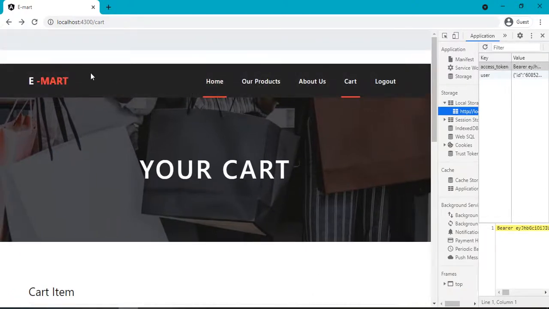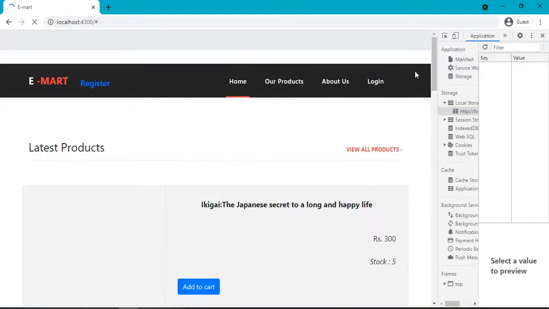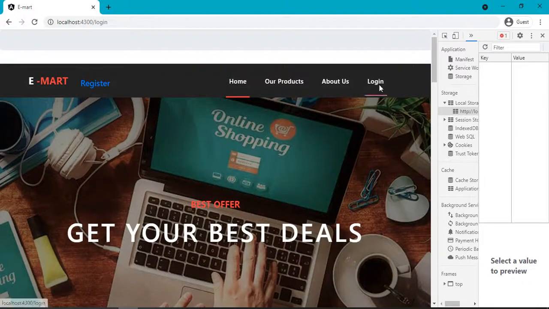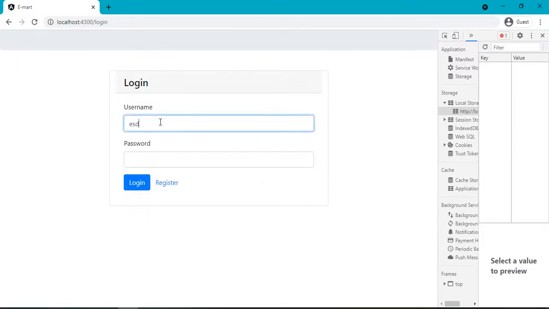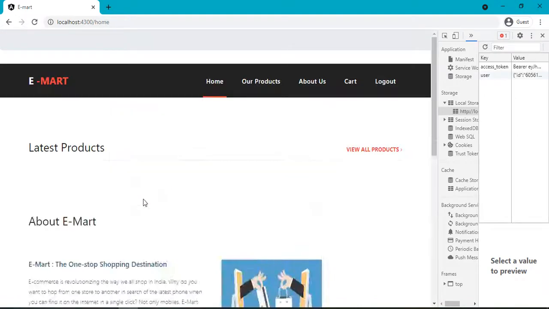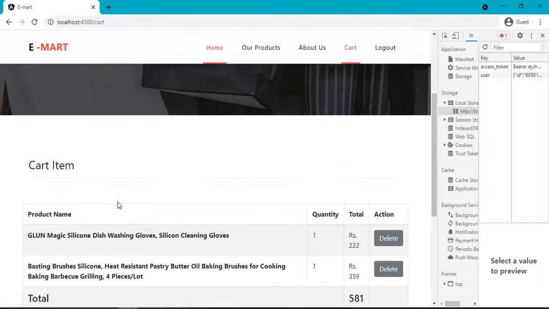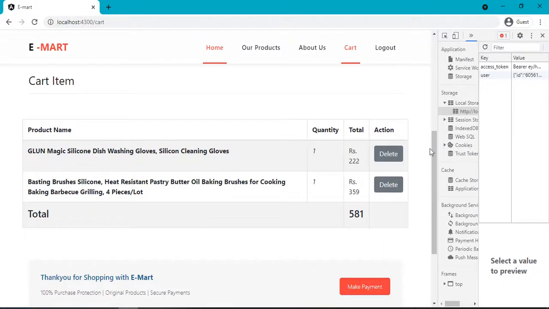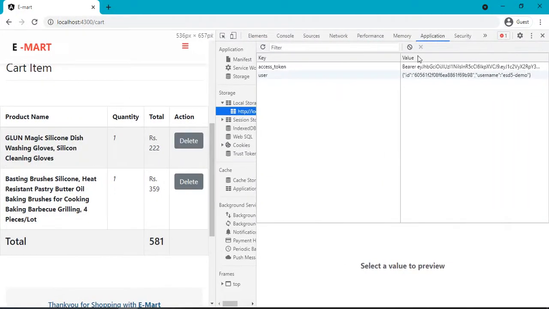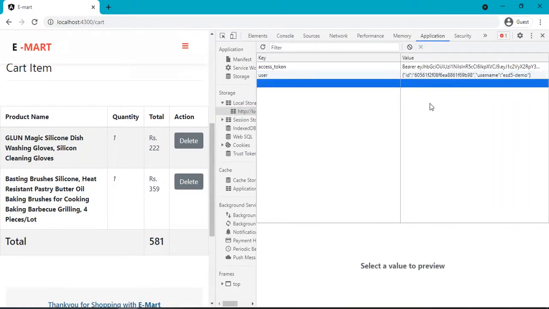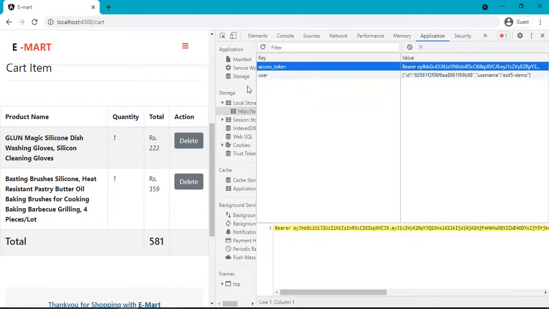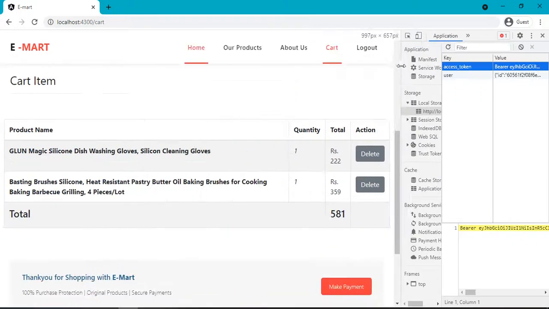This is one of the logins. Now I will do another login and let you know that all these things are dynamically happening. I have a different user ID and I will log in with it, and the cart in this is totally different, and here also it's totally changing. It's clearing data once the session is over, so it is all dynamic.